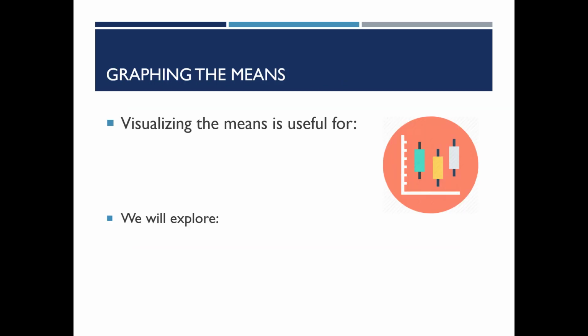Before we jump into 2-way ANOVA itself, let me show you how to graph the means. There are 2 actual reasons why I'm showing you how to graph the means. First of all, graphing the means can be useful for eyeballing potential effects. So instead of just talking about the means and looking at numbers, some of us are visual creatures and might benefit from actually eyeballing the potential effects so that you know what you're talking about.